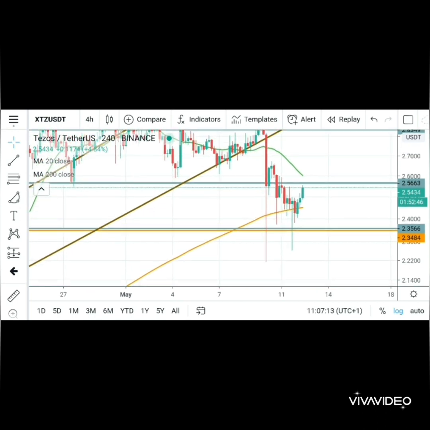So how do you use this now? This is dynamic support. This is dynamic support and resistance. The green one over here is your resistance, as long as the price is below it, and the orange color one is your support, as long as the current price is above it. So they are dynamic because